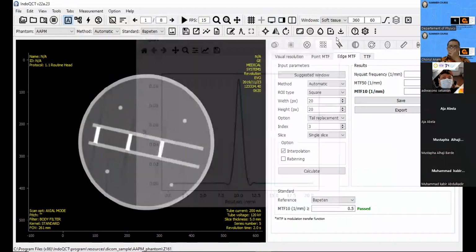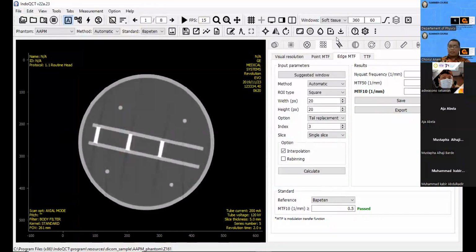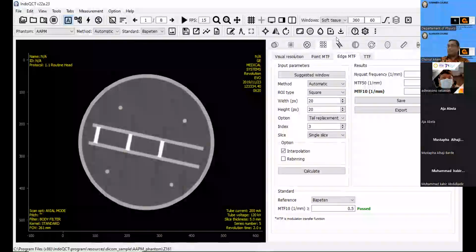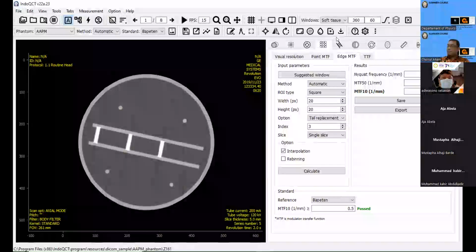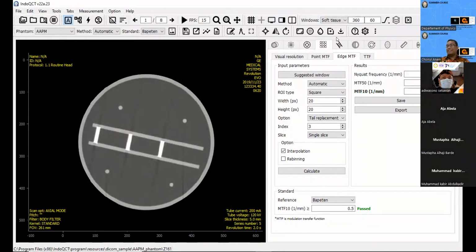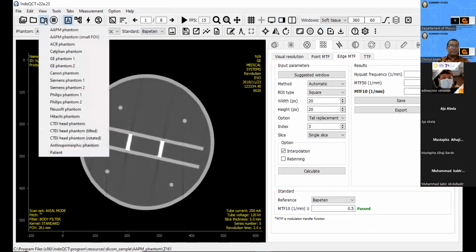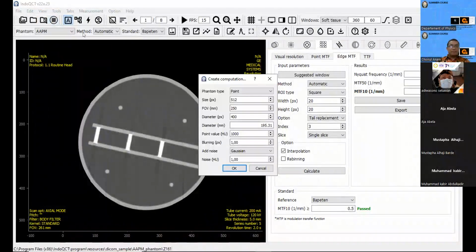Maybe someone will ask, using point MTF and edge MTF, is the result similar? The answer, of course, is yes. We will try together using a point phantom, with a relatively high point value, maybe 3000.